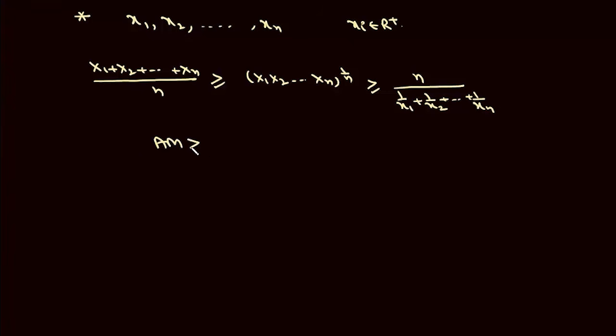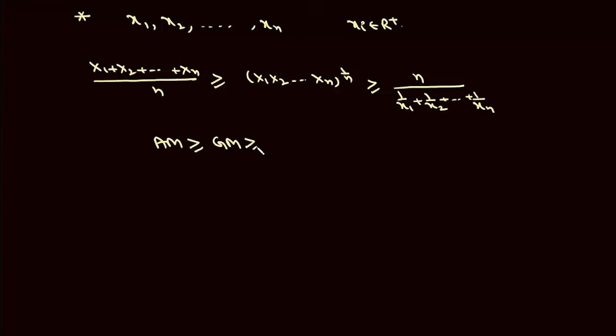Now we have already studied AM, GM and HM. So if we have n positive numbers, say x1, x2, ..., xn, where each xi is a positive real number, then their arithmetic mean, which is (x1 + x2 + ... + xn)/n, will always be greater than or equal to their geometric mean, which is (x1 x2 ... xn)^(1/n), and always greater than or equal to their harmonic mean, which is n / (1/x1 + 1/x2 + ... + 1/xn). So arithmetic mean is always greater than or equal to